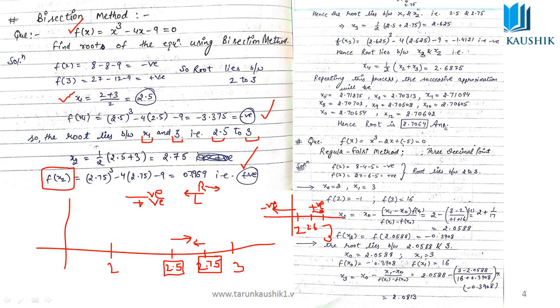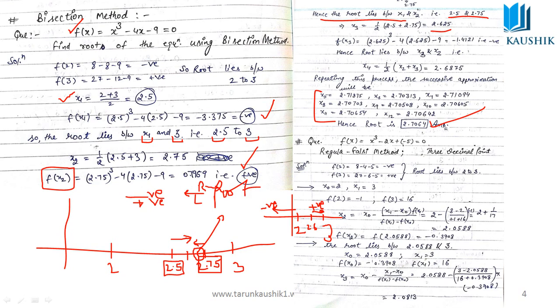Okay, now again, you do this process again. You can say that again here the root lies between these 2 points. Again you calculate the mid of these 2 points. You calculate the value, this is the value 2.625. Again you calculate the value. You keep on doing this process, and after that you will get your answer. That is the root of the equation which is lying between 2 and 3. The root is 2.7, so the root will be lying somewhere at this point. Okay, so this will be the root.